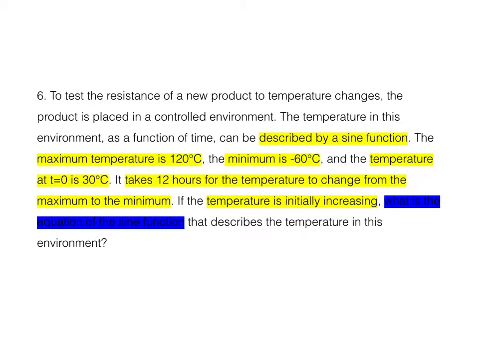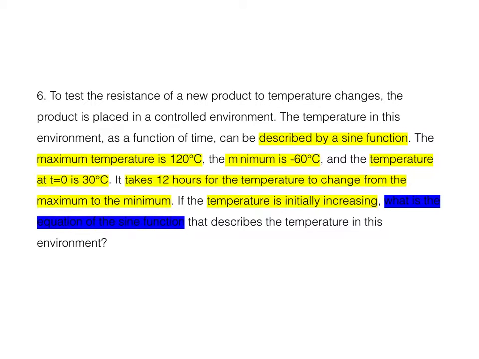To test the resistance of a new product to temperature changes, the product is placed in a controlled environment. The temperature in this environment as a function of time can be described by a sine function. The maximum temperature is 120 degrees Celsius, the minimum is negative 60 degrees Celsius, and the temperature at t equals 0 is 30 degrees Celsius. It takes 12 hours for the temperature to change from the maximum to the minimum. If the temperature is initially increasing, what is the equation of the sine function that describes the temperature in this